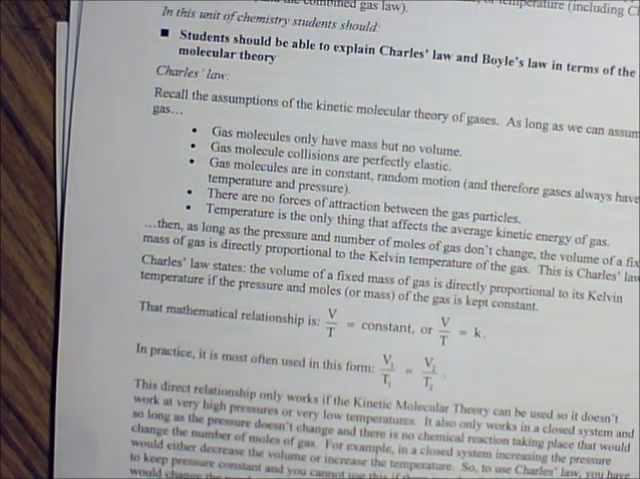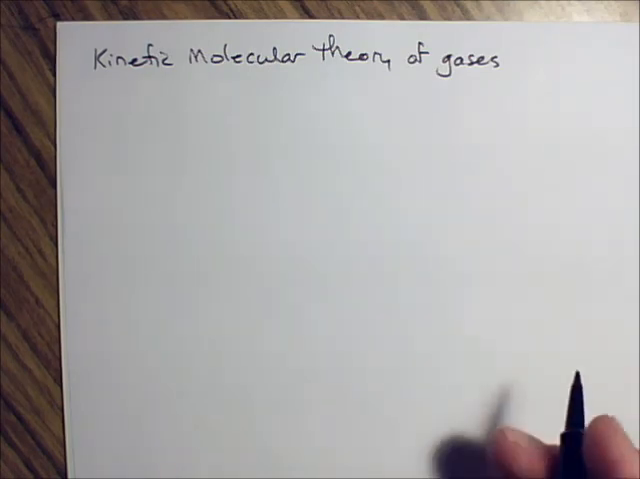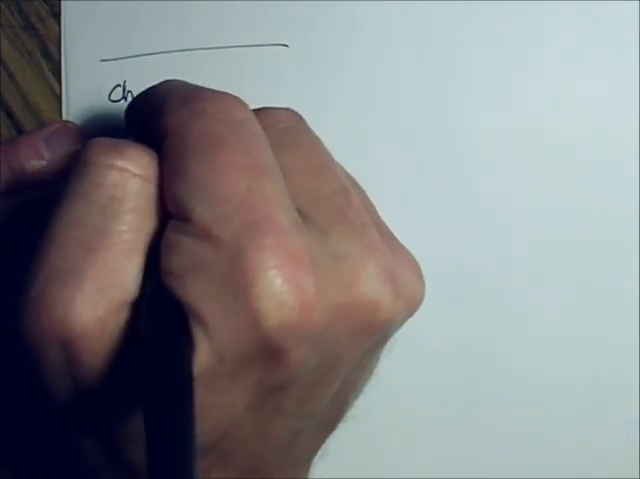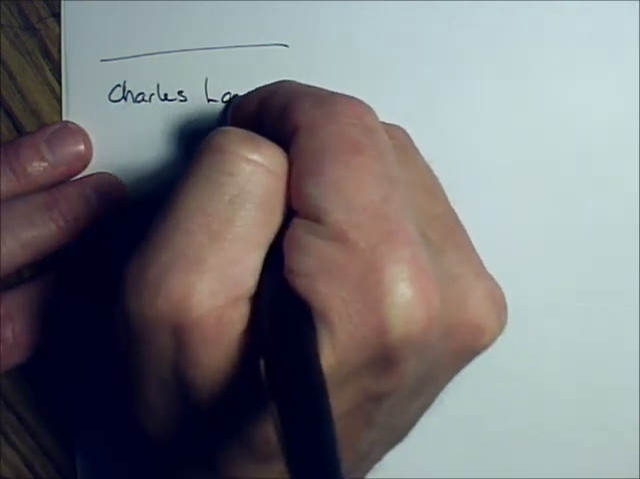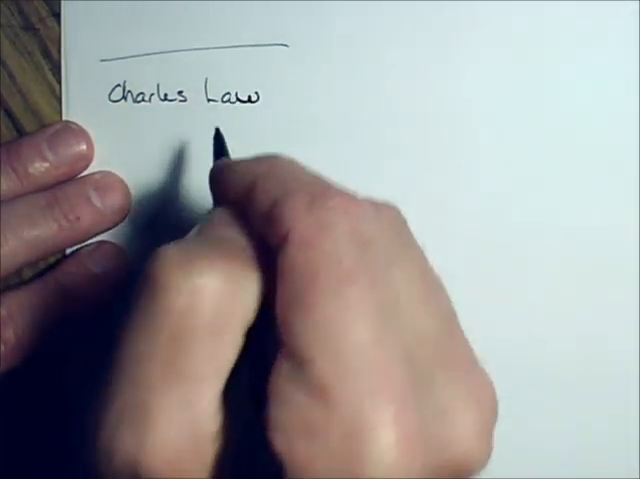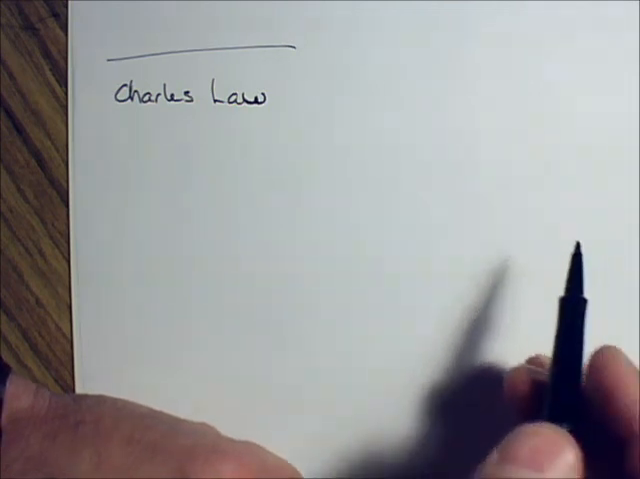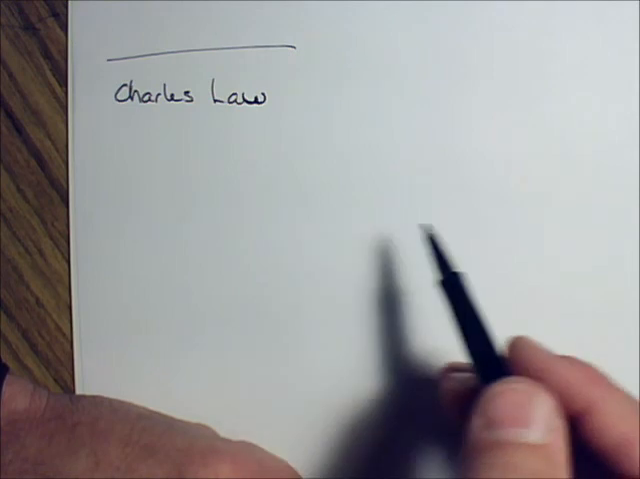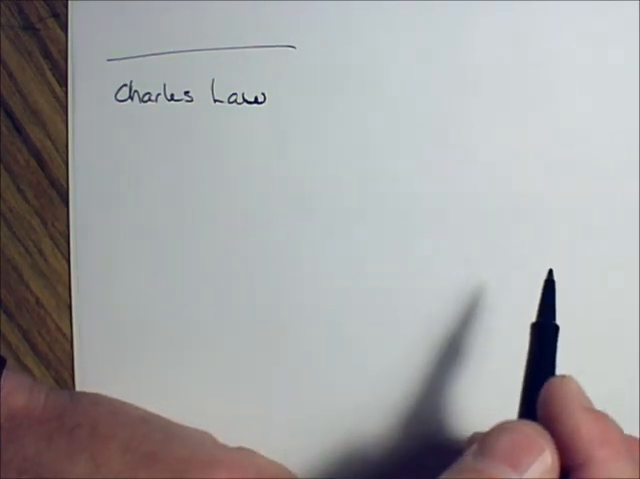All right. So let's start then with Charles' law. Let's start with Charles' law. Okay, so what Charles figured out is that, no, Charles had one law. You got Boyle's law and you got some other laws too. Okay? Charles figured out this,